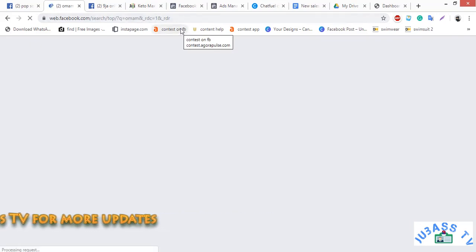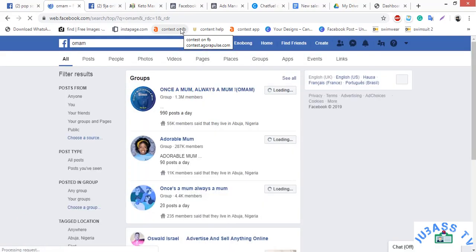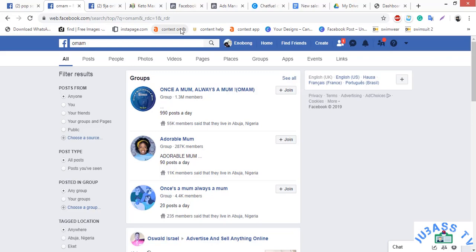Adverts in the group are 5k per day. So if you have a product and you want to advertise it in this group, you will have to use an admin to get the best results. You don't pay extra to use an admin to get the best result. But if you go through the group and you find out that sponsored posts don't really get a lot of turnups, because not all sponsored posts will work, mind you, what you do is create a video instead and give it to the admin to post.